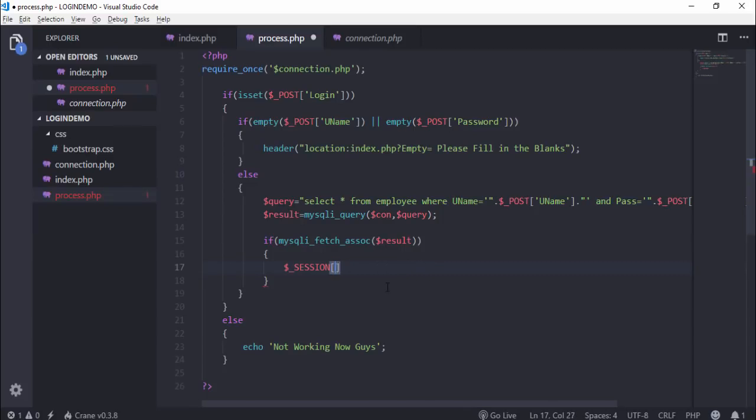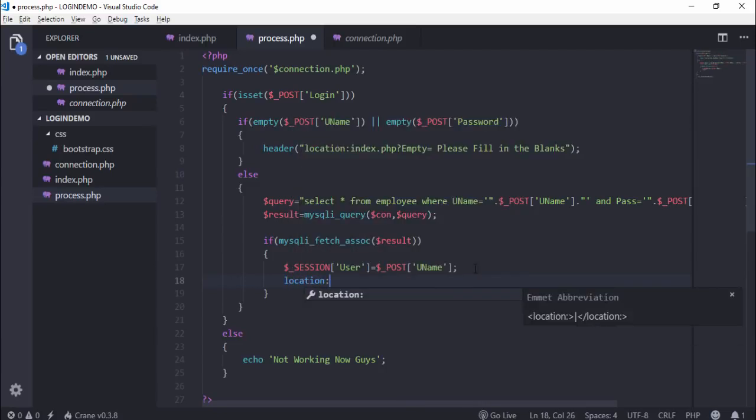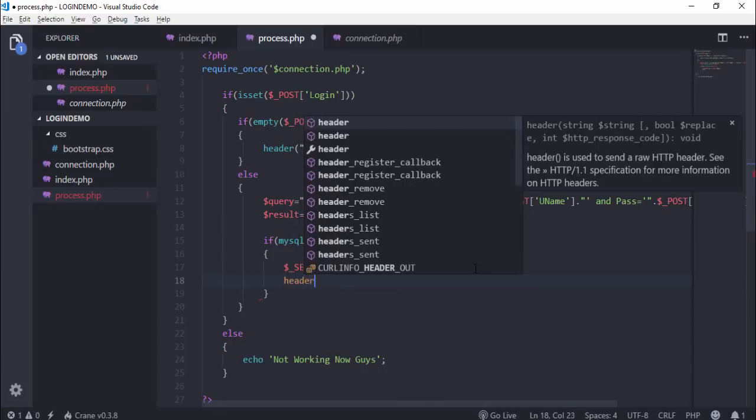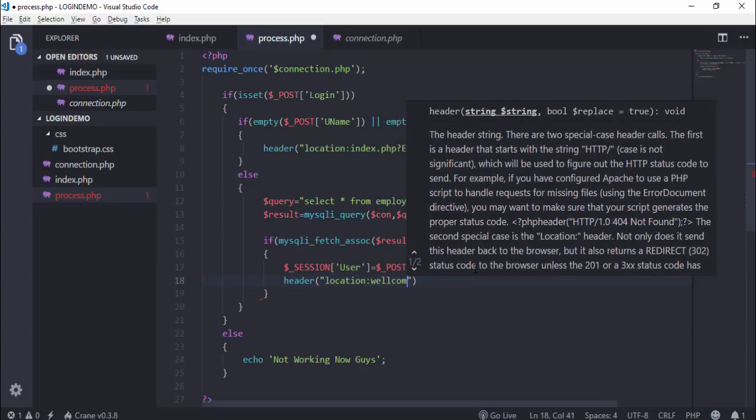Okay guys, first I will write any session variable name. I write the user and I assign this value. Okay, now the next step is I want to redirect to another page, so I use header location welcome.php,